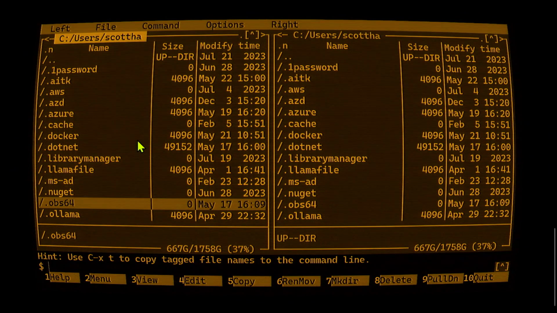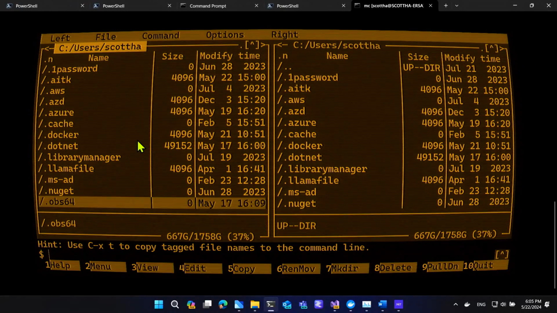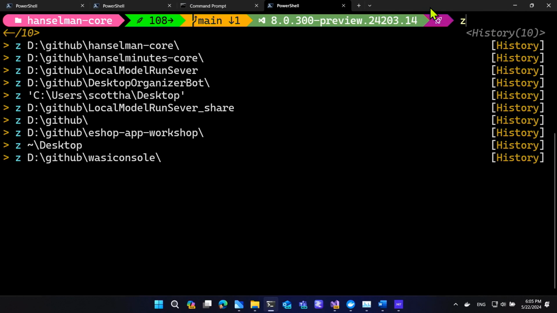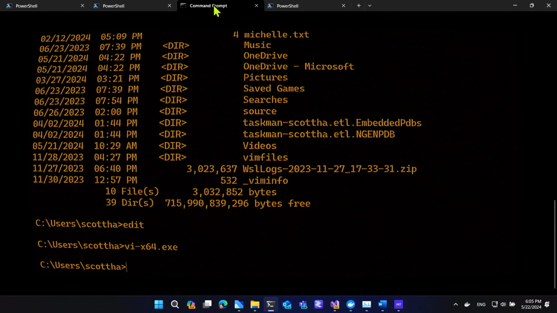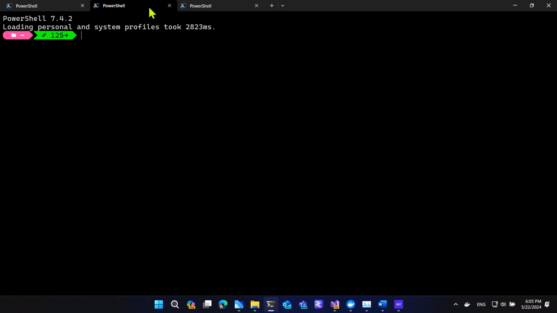Now, this is Midnight Commander, an homage to Norton Commander, running with a 3-dimensional shader on top of the terminal, which is letting me live my nostalgic lifestyle that I like to live. And that's okay. So this right here is my space. I have customized it. I've made it my own place.